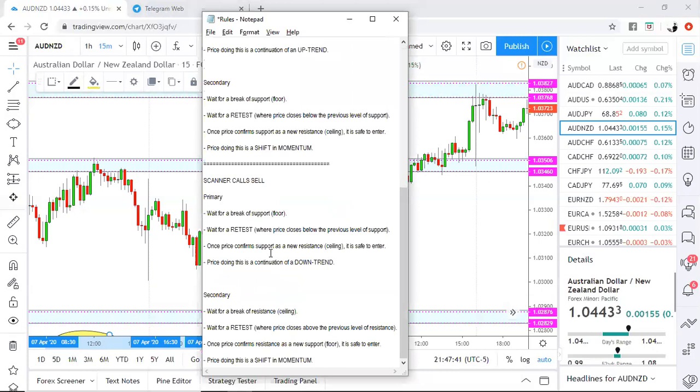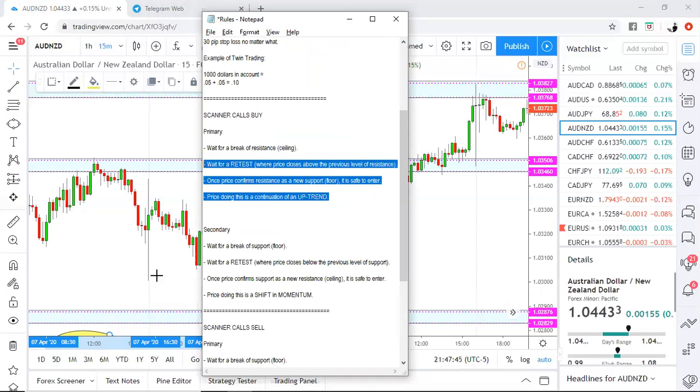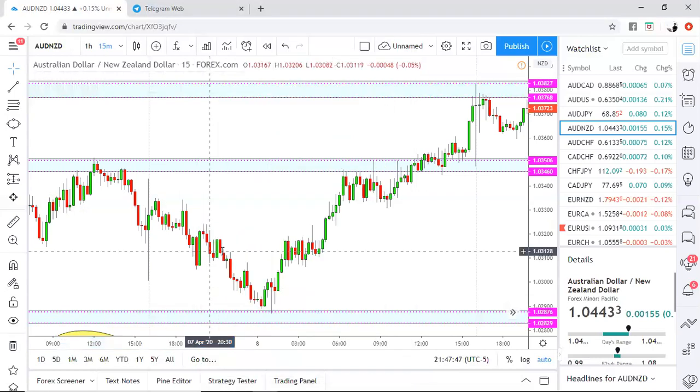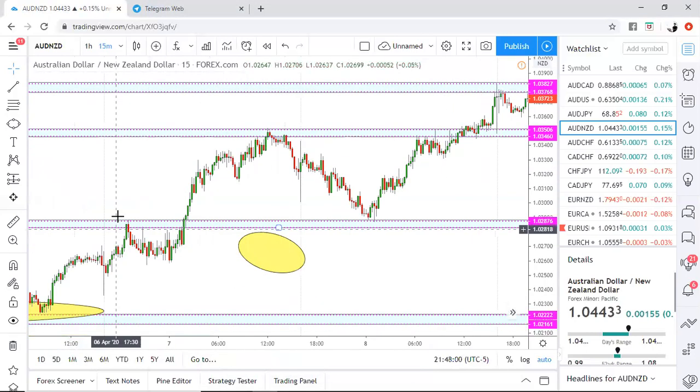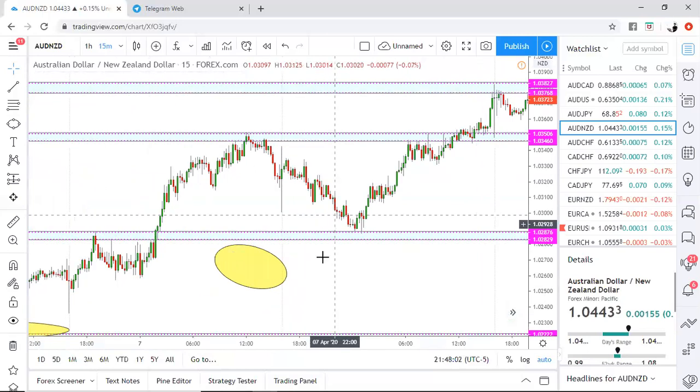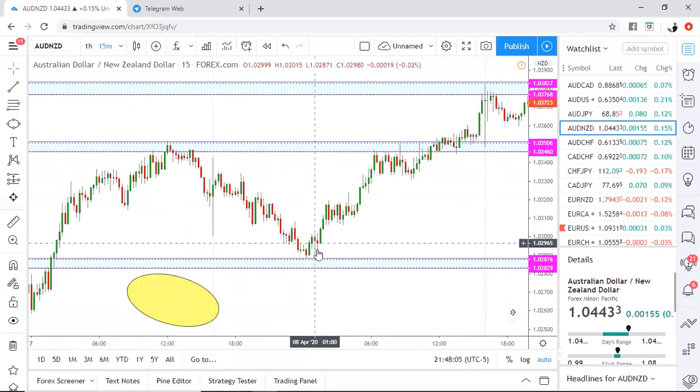If it's a continuation of an uptrend, which is what is happening currently on the chart right here, we wait for a break of resistance, which is the ceiling, which happened. We wait for a retest where price closes above the previous level of resistance. The second candle after that happened is it closing above, and then that third candle,